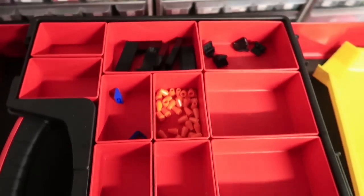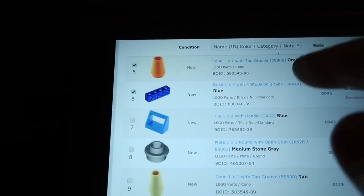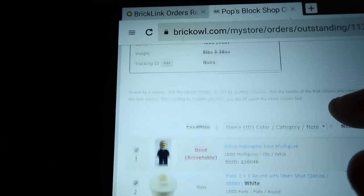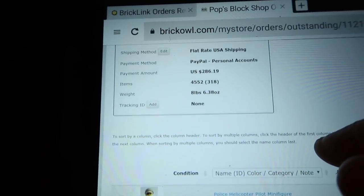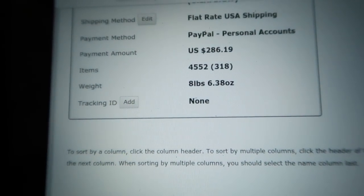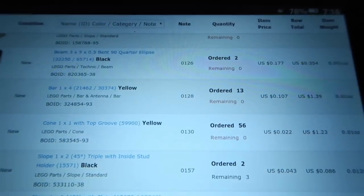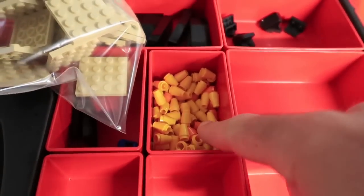All right, we are doing it. It's Thursday night. It's a massive 300 lot order. What is it exactly? 318 lots, 4,552 pieces. I counted about 100 so far. 4,400 more to go. This is something that I rarely do, but because I know there's so many lots, this is going to fill up fast. And they're taking 56 of these cones, and I already had orange ones, so I'm going to have those 2 lots together